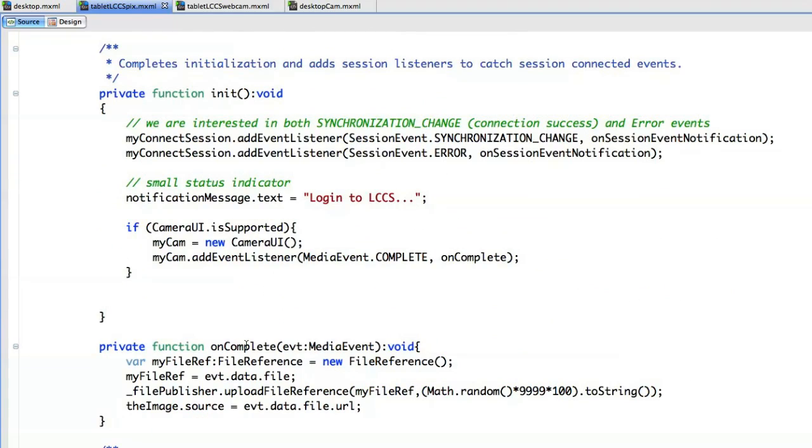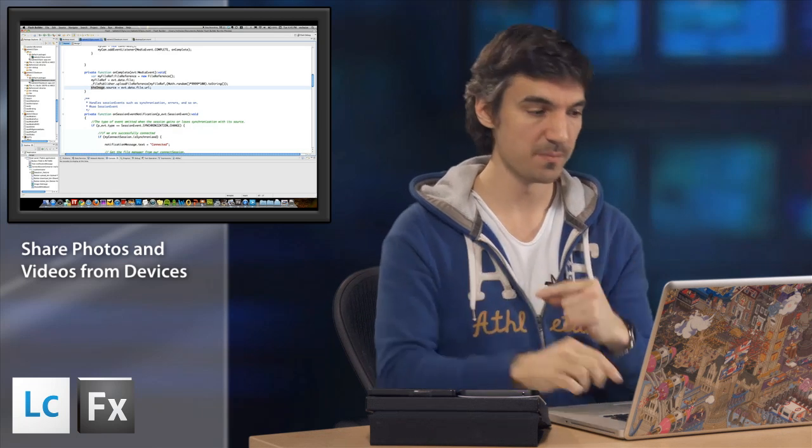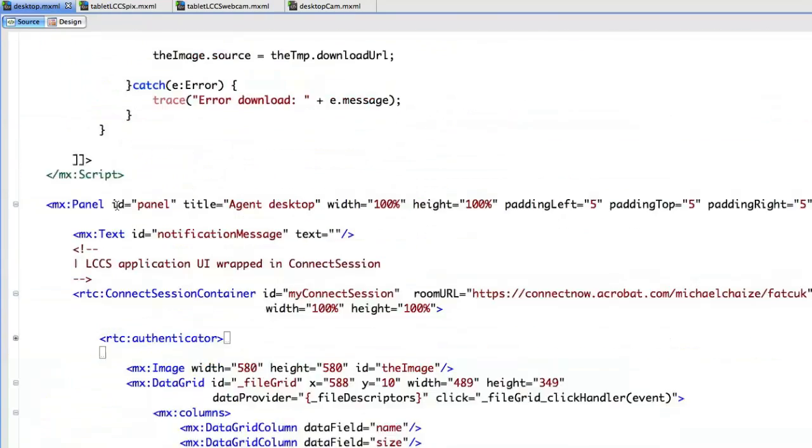Then, on complete, I have the picture, and I'm using this object, a file publisher, to upload the picture to LCCS, and then I just update the source of the image. Within LiveCycle Collaboration Service, you have an object named the File Manager that will centralize all the files that are shared inside a room. You have the File Publisher to upload an image and a File Subscriber to get a notification when there is a new image. Now if we look at the desktop app,